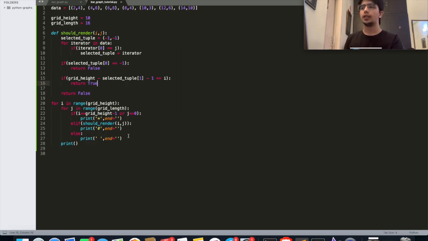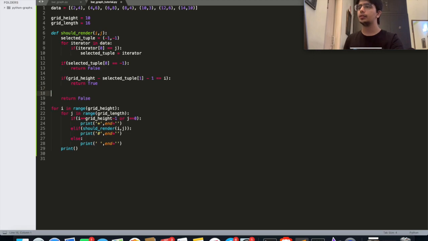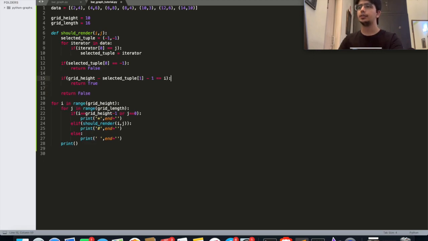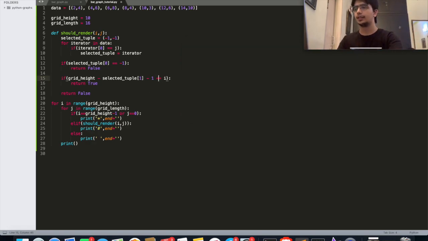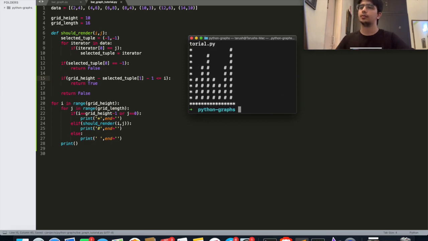Okay, now that we have those points, we just want to print every value under this. So instead of equal to, I'm just going to say if i is greater than, and print. Now check this out. If that selected point is greater than or equal to i, we're going to print everything above, because we're doing 0 to n, 0 to n, 0 to n. So we just need to make this less than or equal to, and there, we've printed our bar graph.